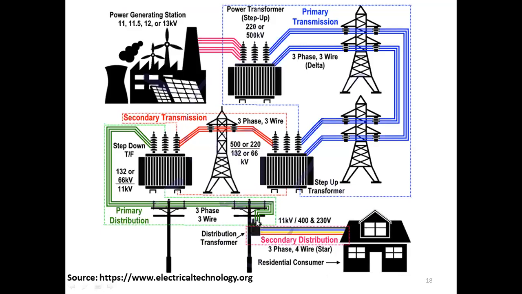In our street, you could see a transformer between two poles, mounted on the pole post. That is called the distribution transformer. The incoming voltage of the distribution transformer is 11 kV, and the output is 400 volt line voltage. But if you are a single phase user, then it would be 230 volt. That line is given to your home.